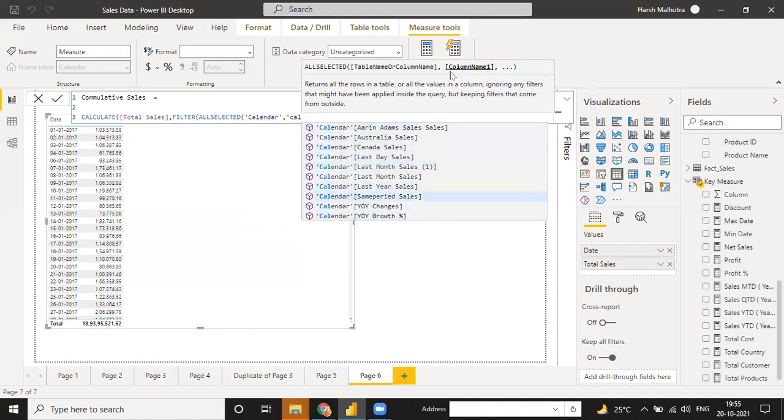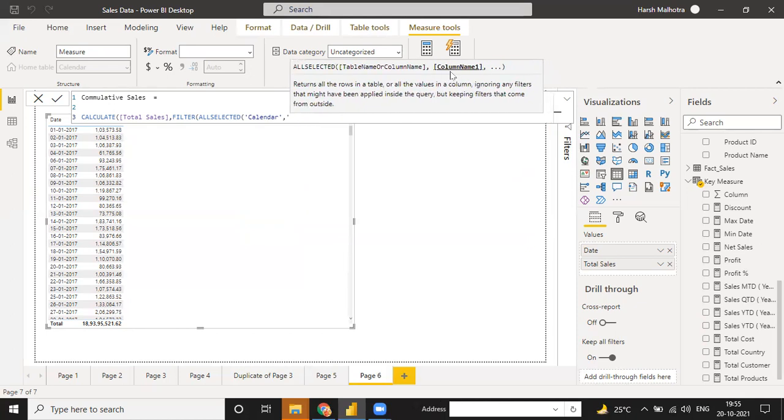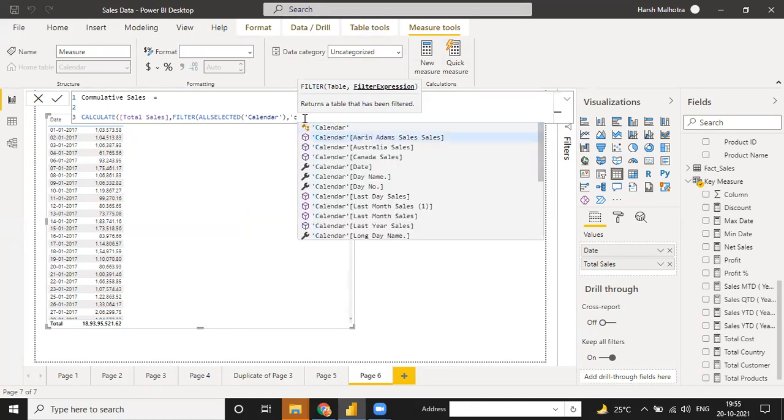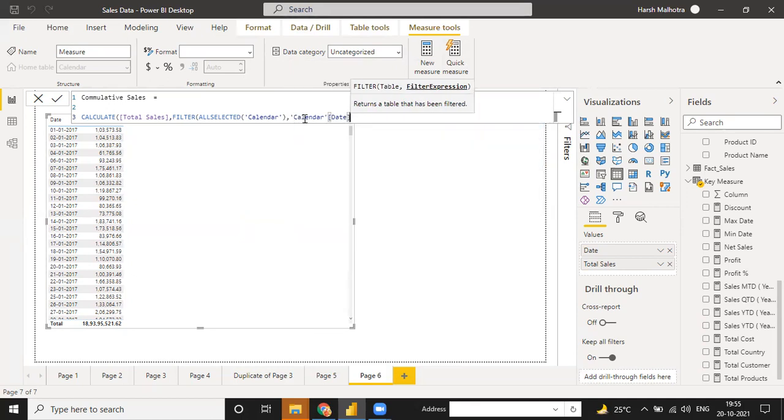Where is the date column? Under this date column. We are going to select this and then use it as a filter. See, this is your filter, and under this filter expression you have a value of the date column. So you can select this date.